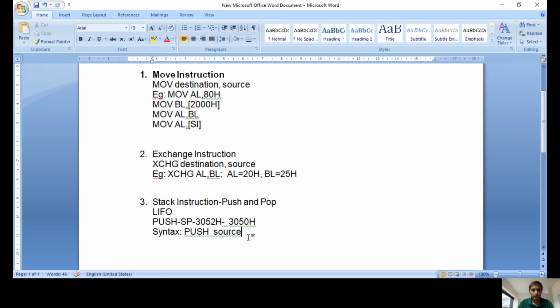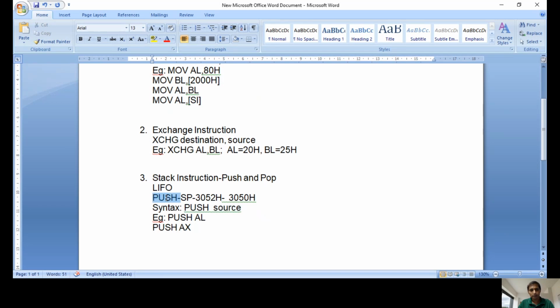Let us see one example so we can understand effectively. If I write push AL, what is the meaning? AL already has 8-bit data, and this 8-bit data is now pushed to stack memory. Because of pushing 8-bit data to stack memory, the stack pointer is decremented by 1 location. For example, if I write push AX, because of the 16-bit push operation, 2 locations are automatically decremented by the stack pointer. So finally, the syntax for the push operation is push source, and the destination acts like stack memory.